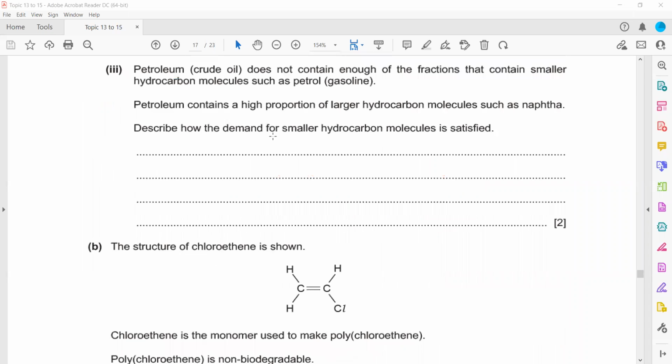Petroleum or crude oil does not contain enough of the fractions that contain smaller hydrocarbons such as petrol. Petroleum contains a high proportion of larger hydrocarbon molecules such as naphtha. Describe how the demand for smaller hydrocarbon molecules is satisfied. So how do we satisfy it? We break down the large molecules into smaller, useful fractions by the help of heat or catalyst. So by using cracking,